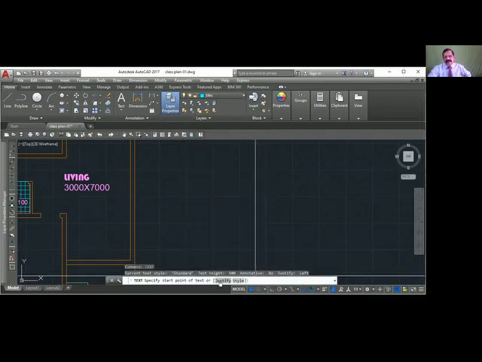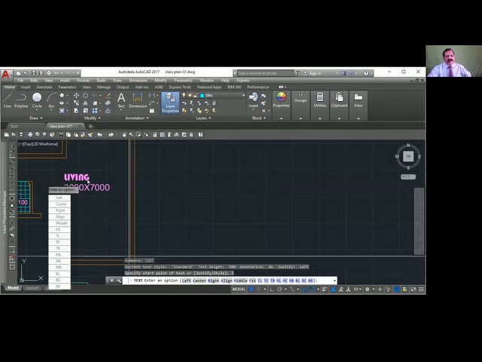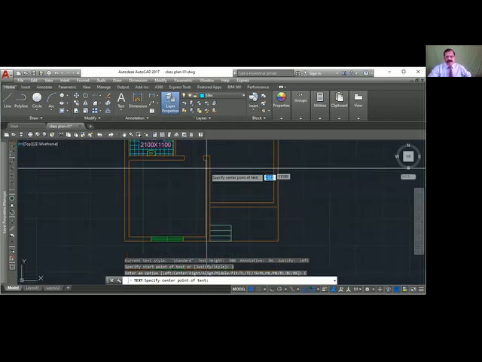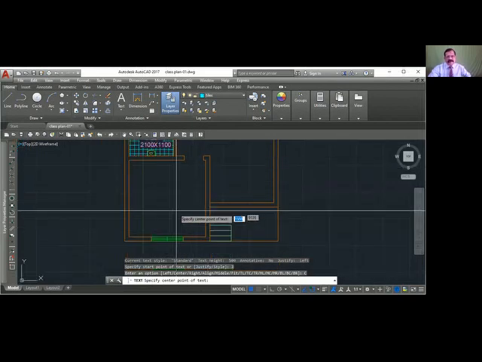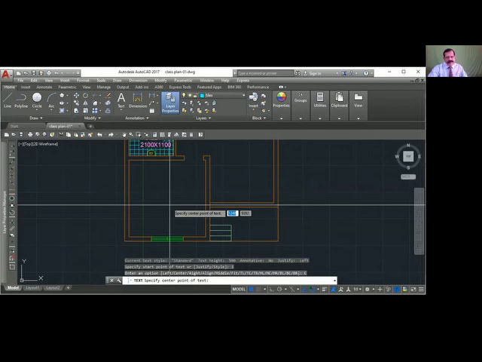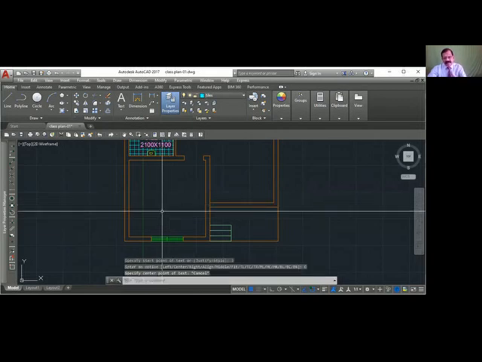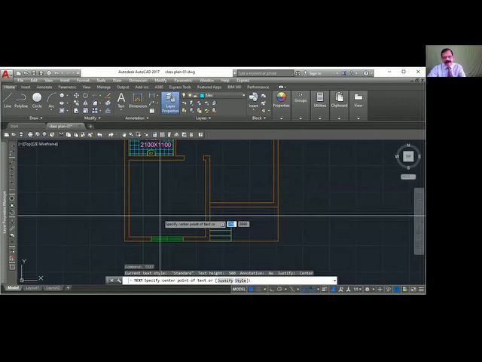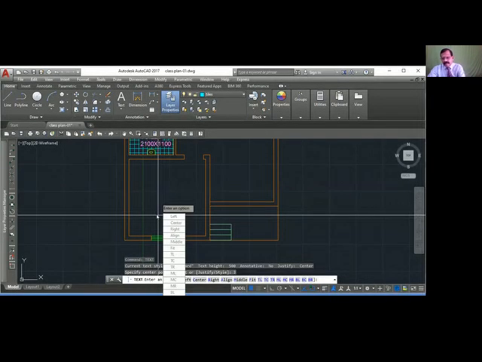When I say justify, there are so many options here. This is left align. That is, when we type, usually it uses the default left align. Suppose you want to center align. Suppose in the approximate center of the room I want to write the text. So I will say text, then justify J, enter, C for center, enter.